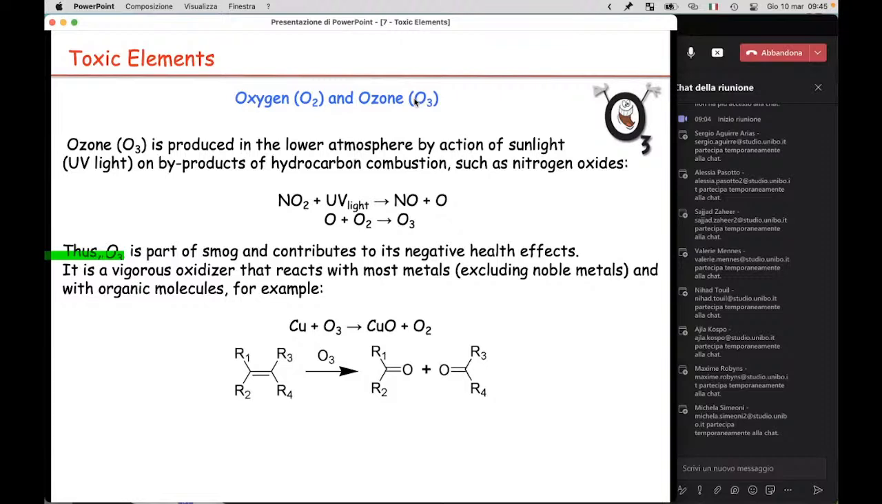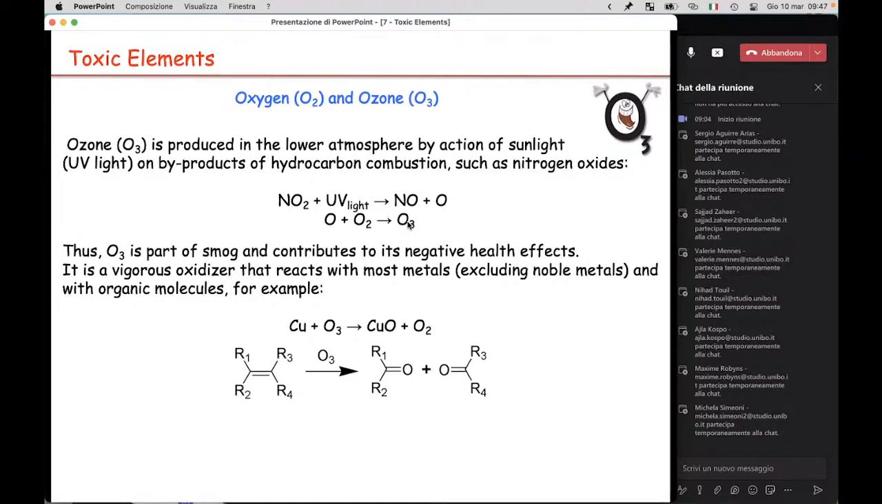And since nitrogen oxides are among the most important products of hydrocarbon burning, of course, nitrogen oxides are very frequently present in the air, in cities, and wherever heating systems for homes and cars are present. Okay, so hydrocarbon burning produces nitrogen oxides, and nitrogen oxides through the action of UV light produce oxygen atoms that react with oxygen to produce ozone. And ozone in the lower part of the atmosphere is dangerous because